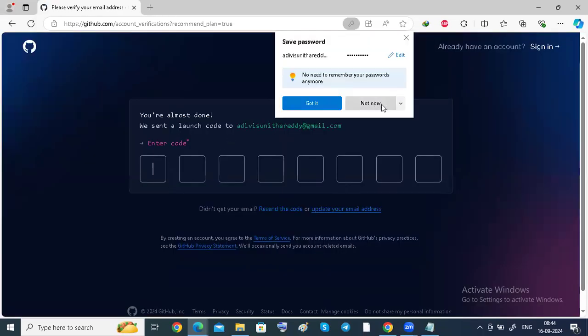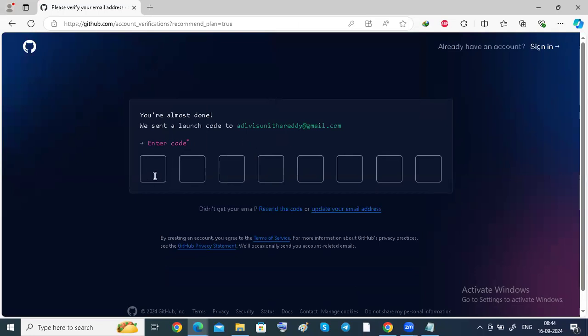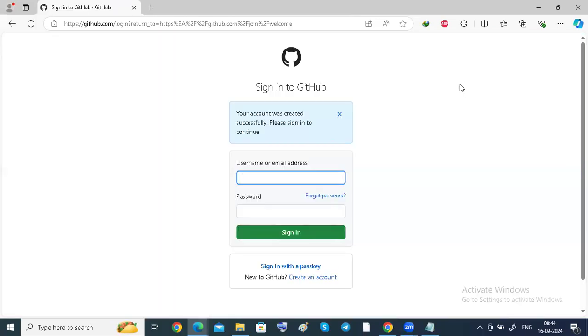Now you will get a verification. Let me check, Hari. Yeah, this is your email ID. You set a launch code for this. It's 5432, 5432, 5094. It's taking mine. Okay, I given yours only, right? Yes. Okay, you can enter your email ID. Else you can tell me your email ID again.